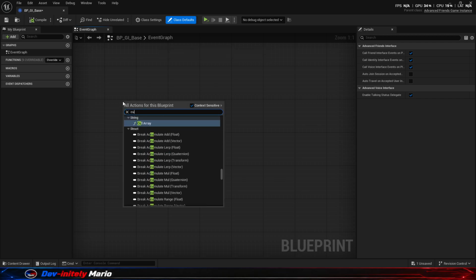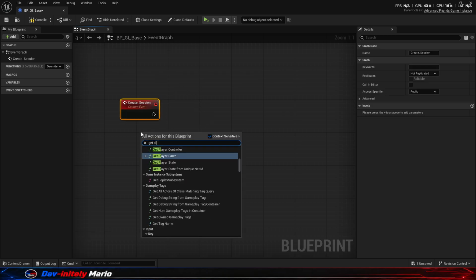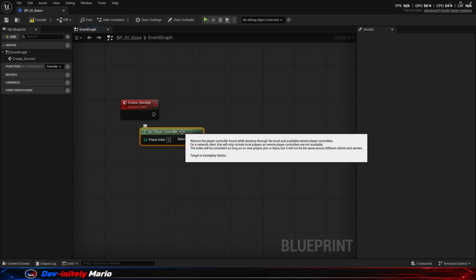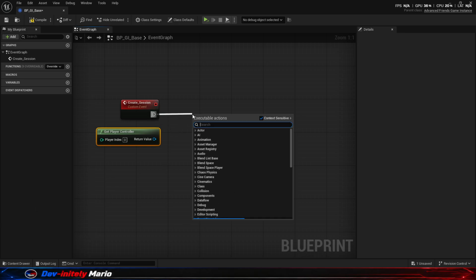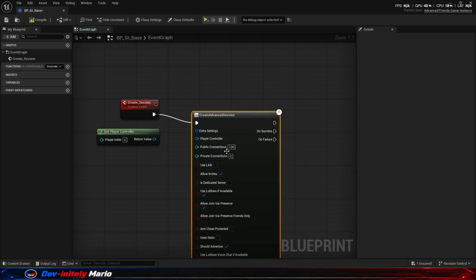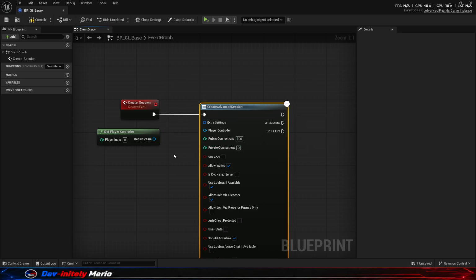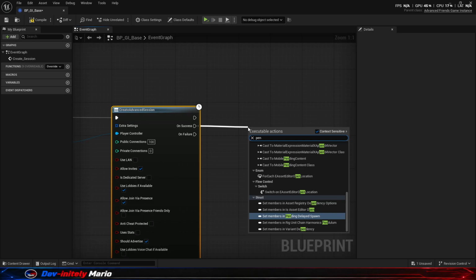First we make a custom event. We call it Create Session, and we need to get the player controller. Then we search for Create Session Advanced. So we take it, we connect the player controller. So now we can go on Success, Open